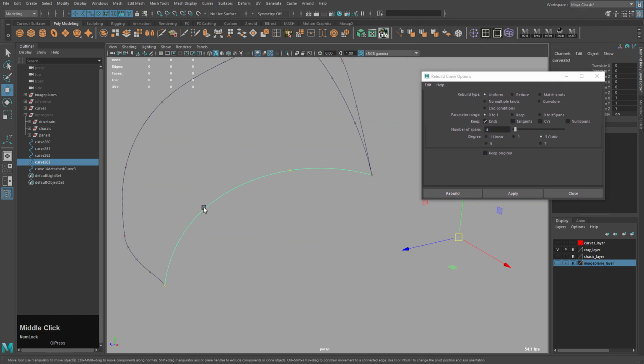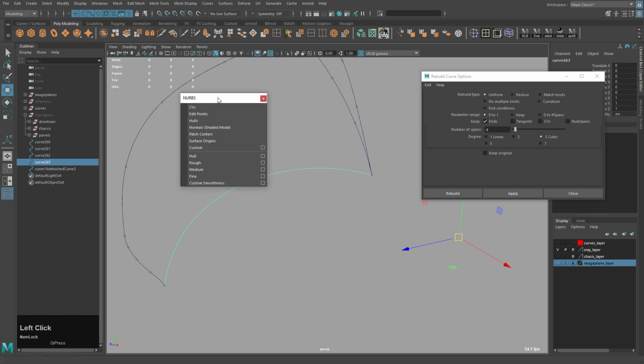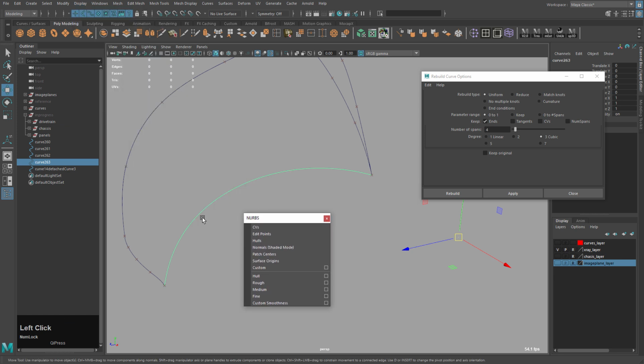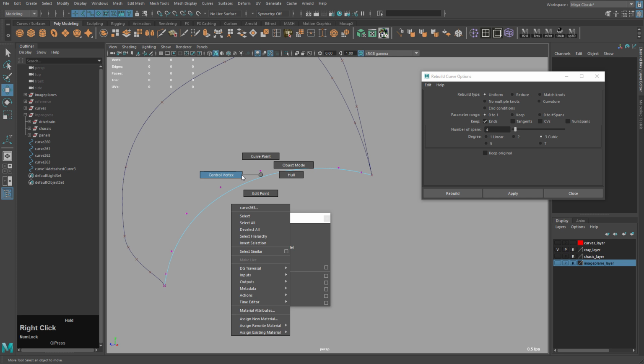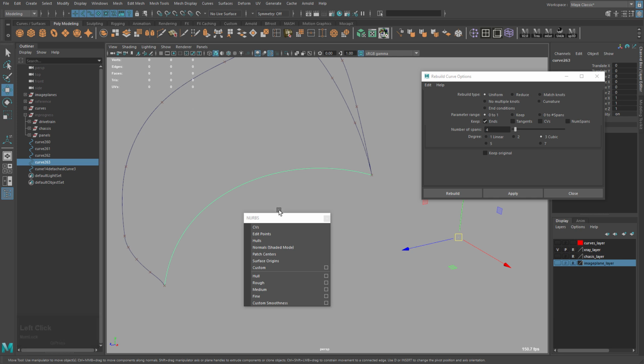So you go to curves, open the options here, and we're going to rebuild it. Now the way I'm showing the edit points on this curve is if you go to display, NURBS, and you can turn on edit points. So this basically shows you visually exactly how many divisions a curve has without having you go into the components of the curve. So I like to do that when I'm working so that I can just compare if I'm doing lofts and stuff. So click edit points, now you can see it.